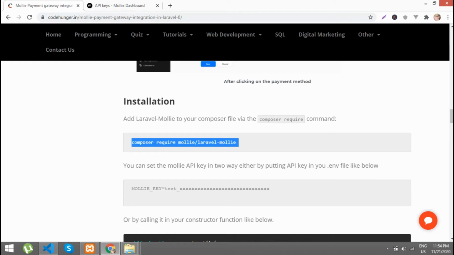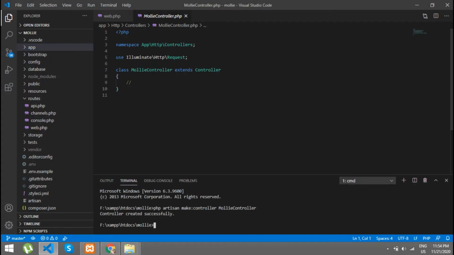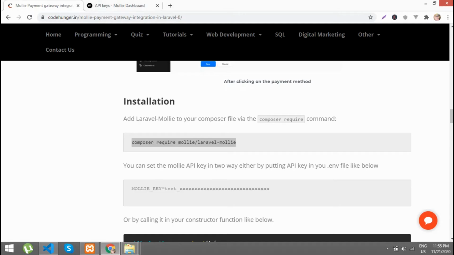You can install that package via Composer. Just copy it, go to your command line and paste it here, press enter, and it will install. I already installed it. It will take a few minutes to install, nothing more than that. You can see those installation files under the vendor folder. Now I'm moving forward.